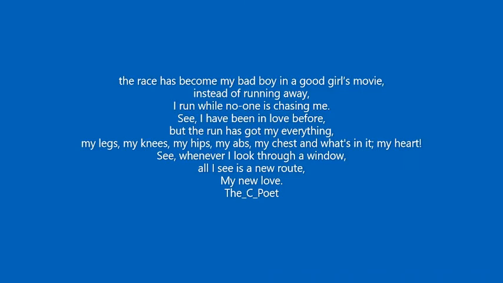My new love. Have you been able to identify the two dissimilar things being compared in this one stanza poem? There is A and B, where A is very dissimilar to B, but the two are made to feel very similar by the poet. A is running, the action of running, and B is love, the emotion, the feeling. So the two are totally different things, yet the poet is able in this poem to compare the two.